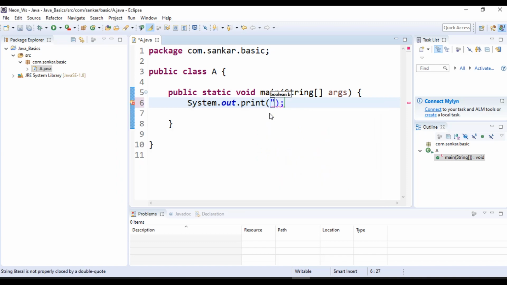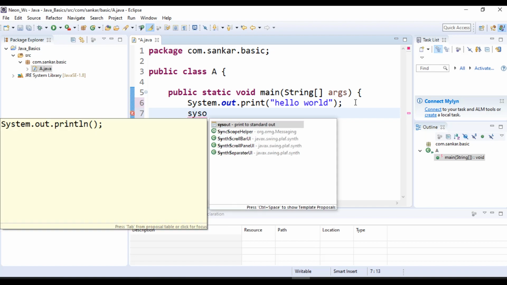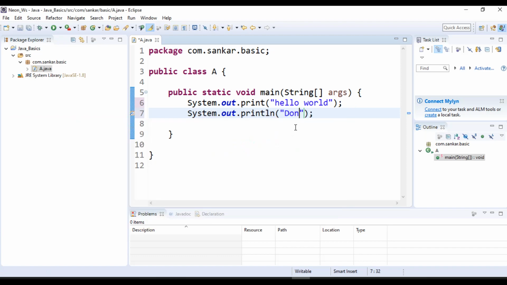So here you write within double quotation some string message, whatever message you need to print. Okay, simply I will write hello world. So we write system dot out dot like that. But in Eclipse we have a shortcut like syso. If you give simply syso then Control space, it will give a suggestion; select the first one, system dot println. Between the double quotation, write whatever you want to print. So simply I wrote some messages, right.